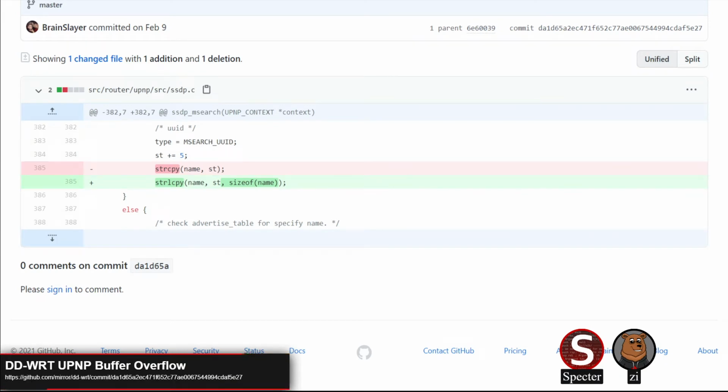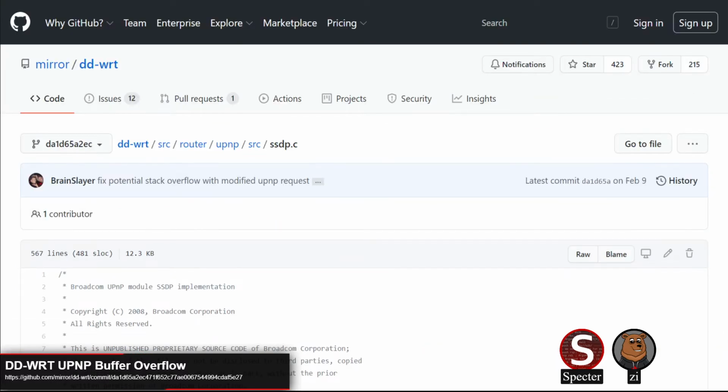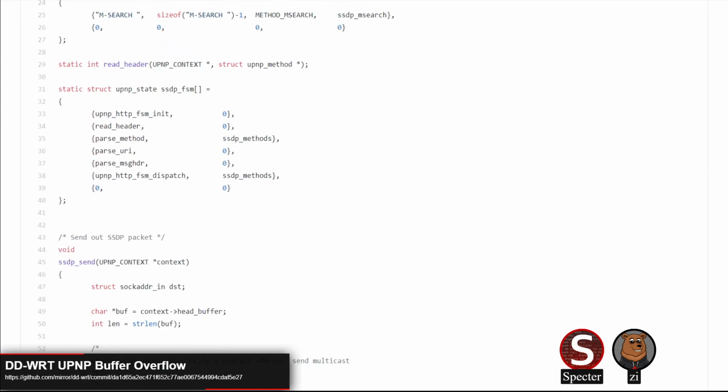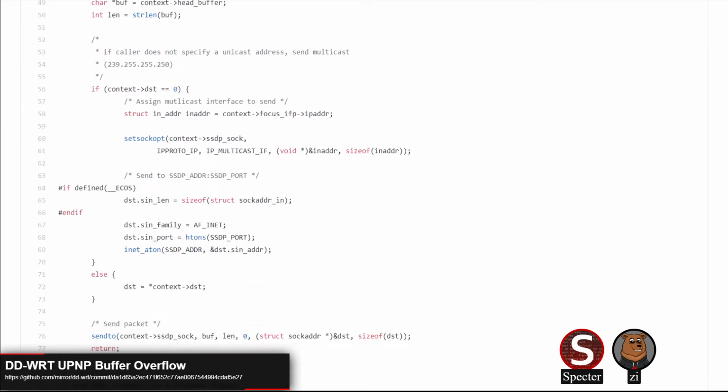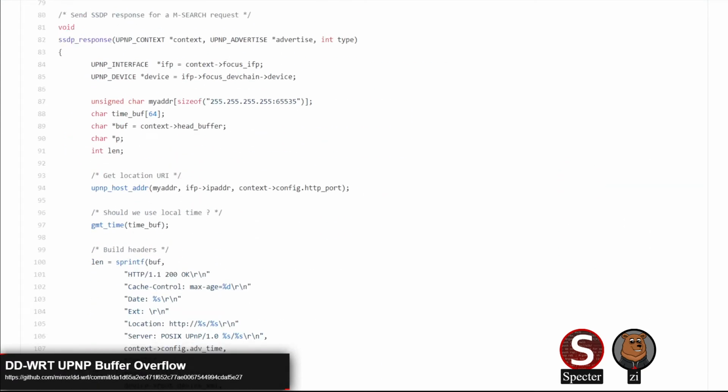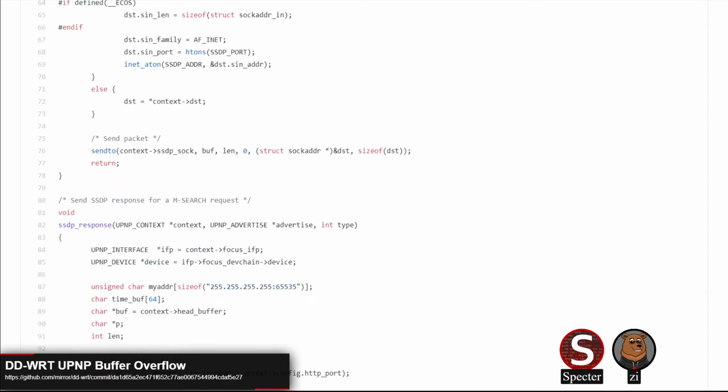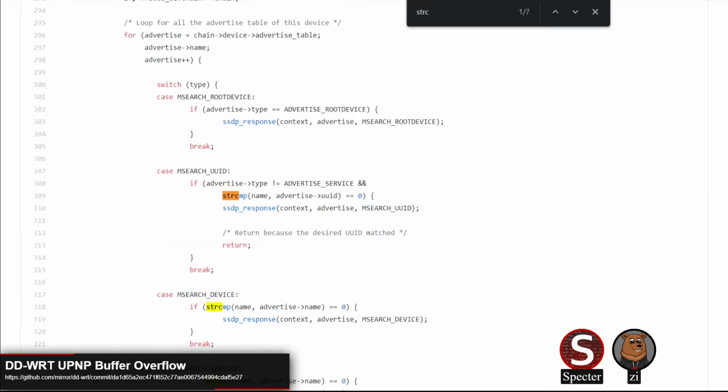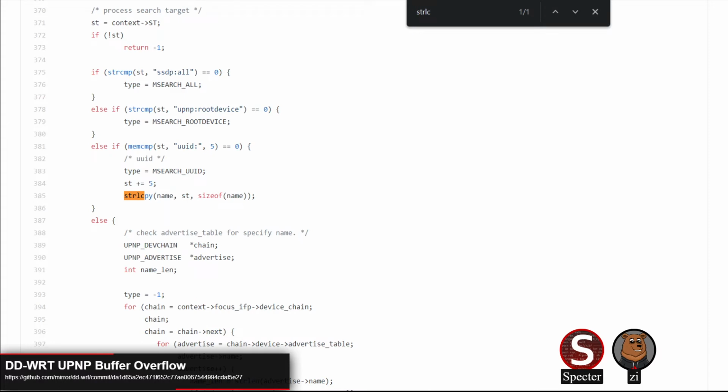So if you just pass a really long UUID, you can trigger a buffer overflow because it'll just keep copying until it sees a null byte, and you kind of control where that null byte goes. So this is just a case of don't use strcpy. At this point, a compiler should just fail to compile if you use these kinds of functions. They're bad. There's no safe way to use them, unless you're using them on completely trusted data.